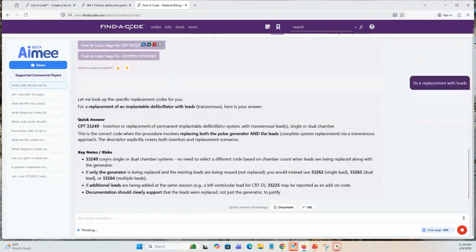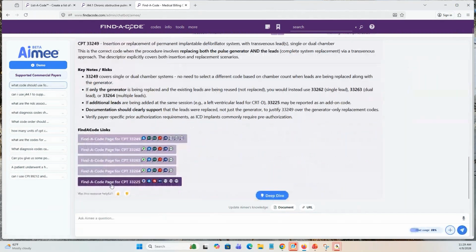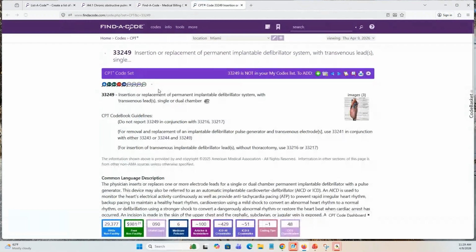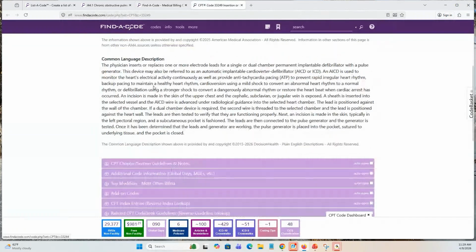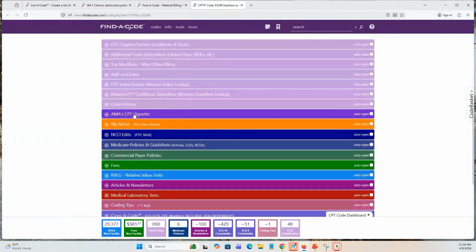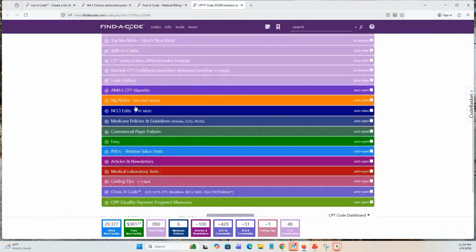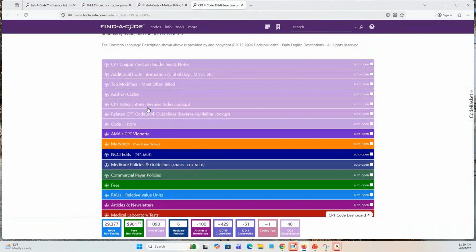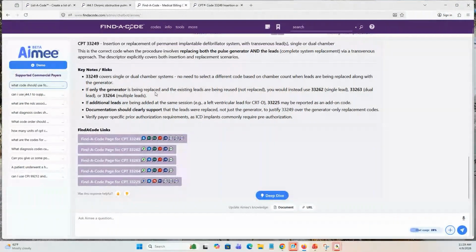Gives me a couple other options based off other scenarios, and then gives me links to those pages. So now if I really want to make sure, I can click on my 33249. Again, I go to that page. It's already in Find a Code, and I'm looking at all my guidelines, expanded descriptor. I can understand all that type of information. Oh, wow, I've got a vignette in here that's going to help me with a scenario if I've got that added to my subscription. I have all that information, and so now I can feel confidence and say, okay, 33249